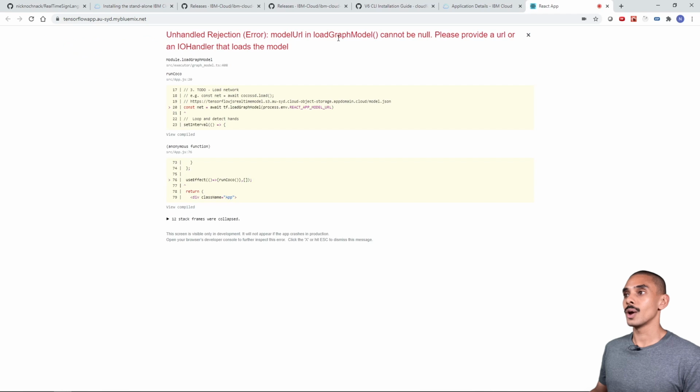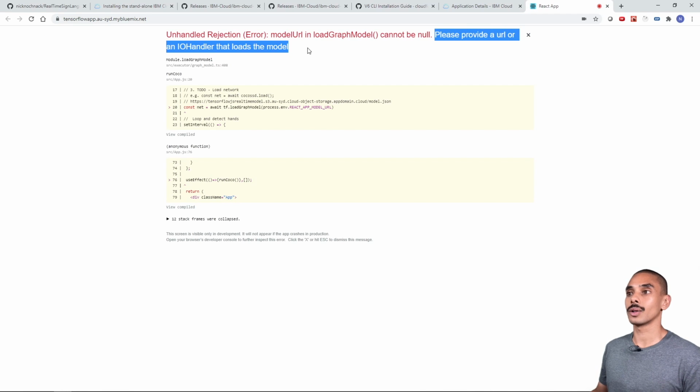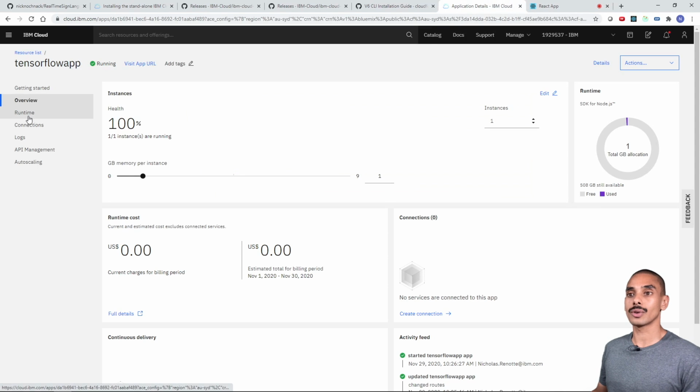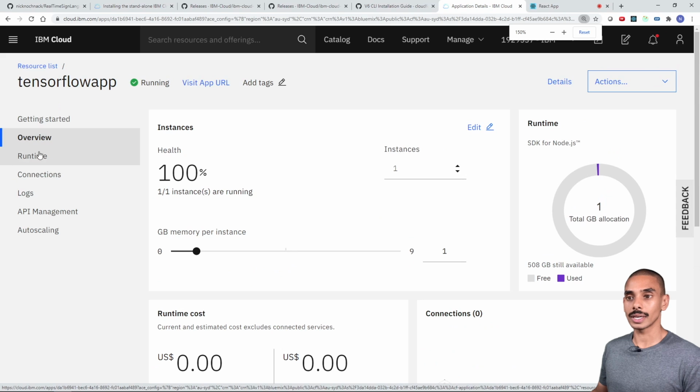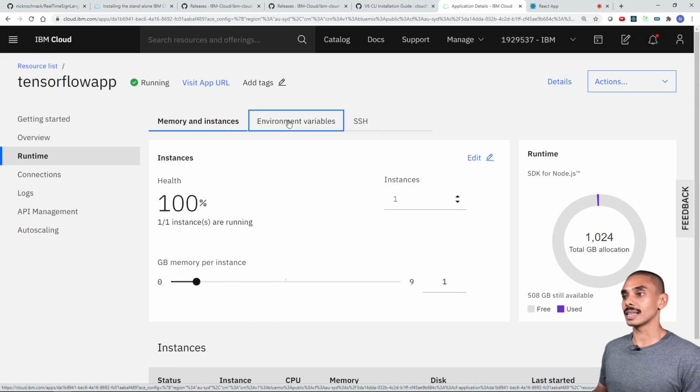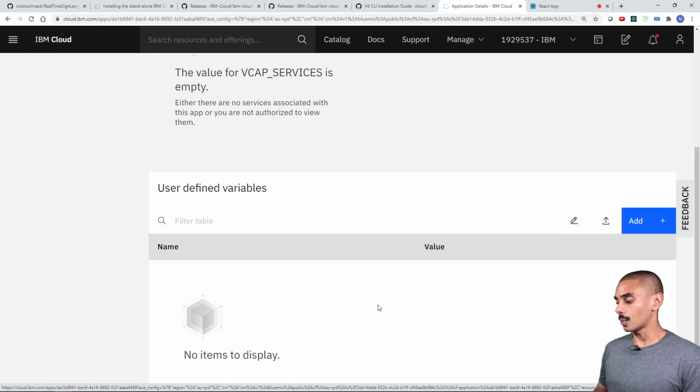Again, we don't actually have our URL defined. So it's saying, please provide a URL or IO handler that loads our model. We can fix this pretty easily. We just need to go to runtime over here. You can see it says runtime, and then if you select environment variables, we can define some